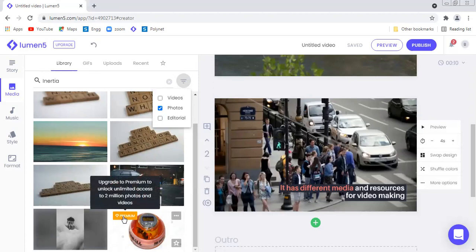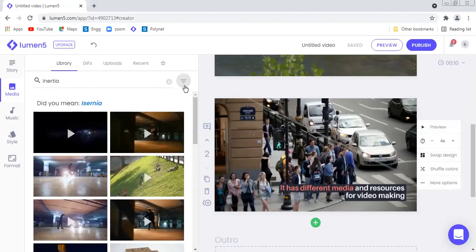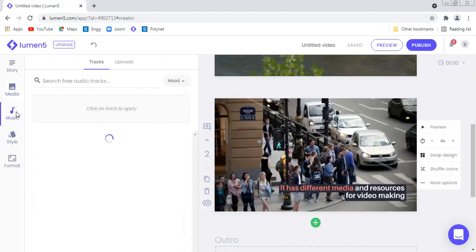So when any media has this type of icon or symbol, it indicates that it is not the free one, right? Depending upon your requirement, you can have video, photos, or editorial media available.